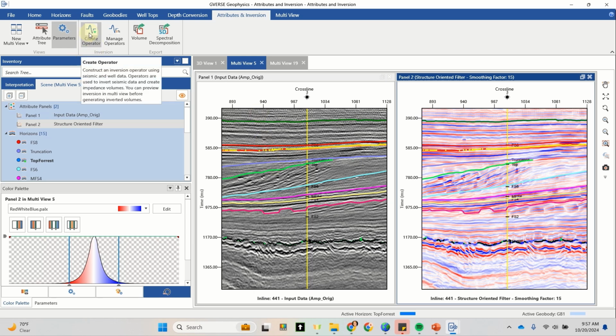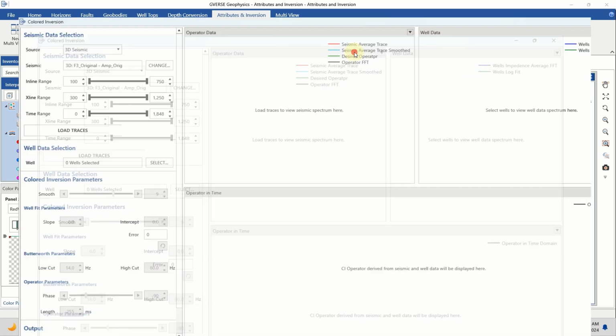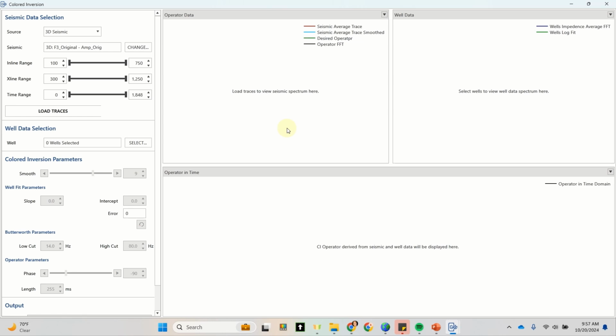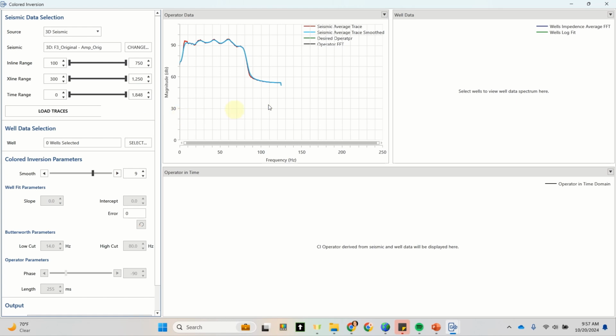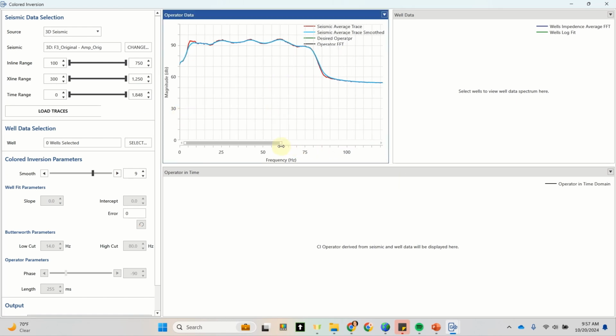The way we do that is to first design an inversion operator here. Now what that does is takes your seismic right here from any volume you have in your interpretation, and you can even subset in time, inline, and crossline range for processing abilities. And clicking Load Traces calculates your amplitude spectrum. I'll go ahead and expand this so we can view that a little bit better,